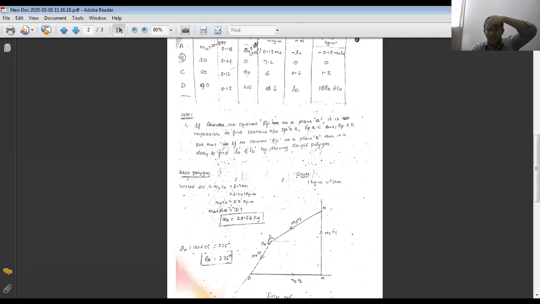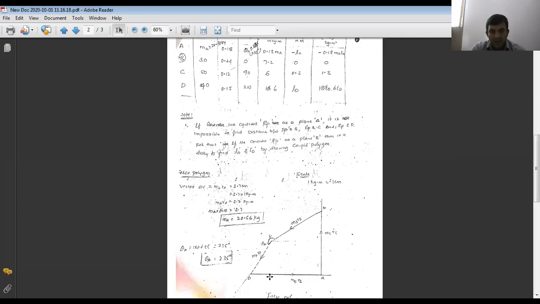Then substitute here. Then finally, RA value is how much? 0.18 is there. Finally, MA is equal to how much did you get? 20.56 kg. We may get plus or minus 5% error. You may get 19 kg, or you may also get 21 or 21.5. Those values are acceptable. Plus or minus 5% values are acceptable because it is a graphical method. Manual or instrumental errors will be there.